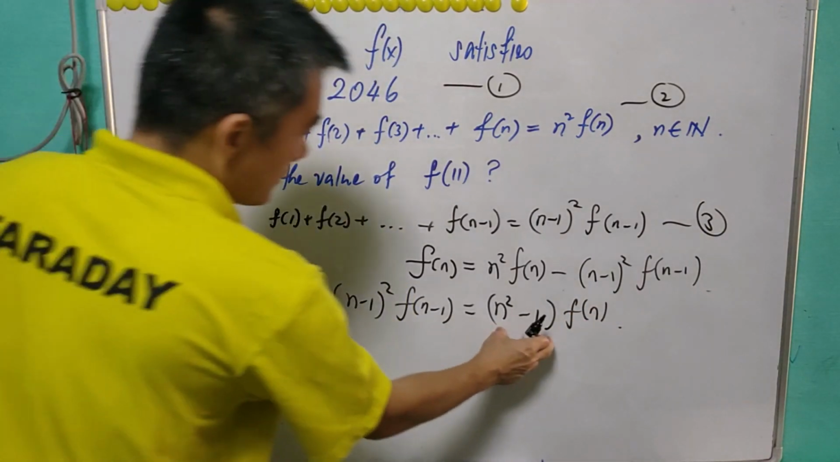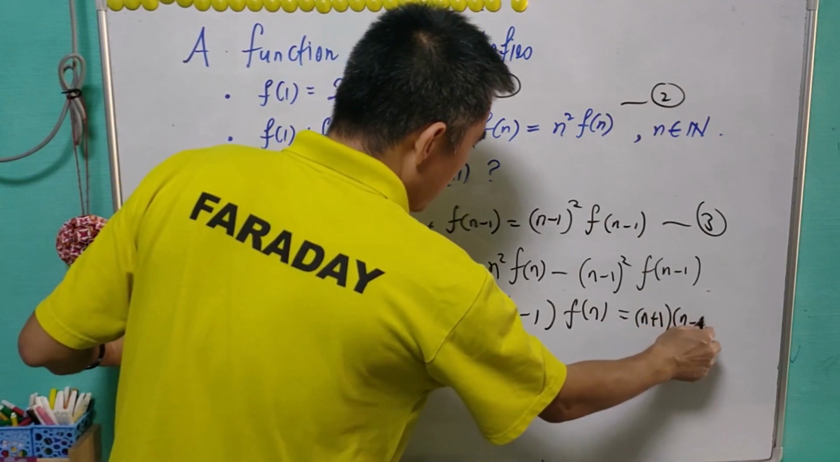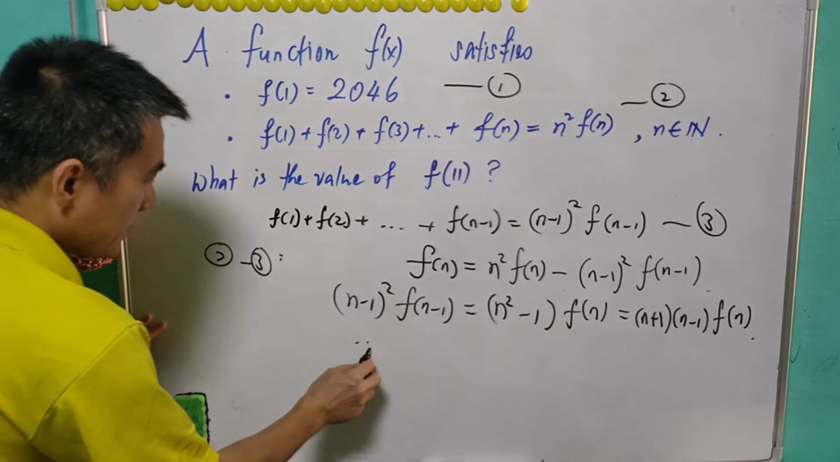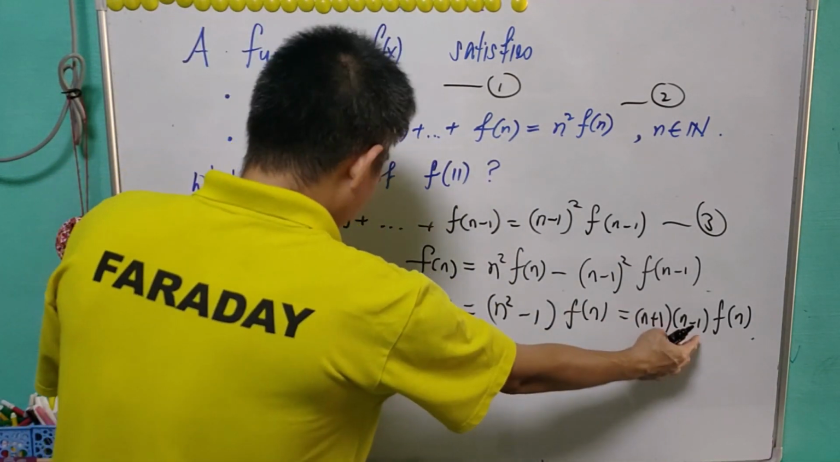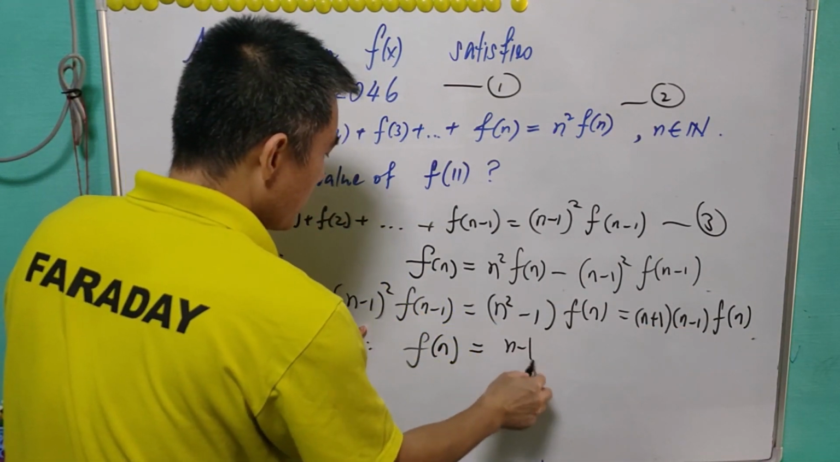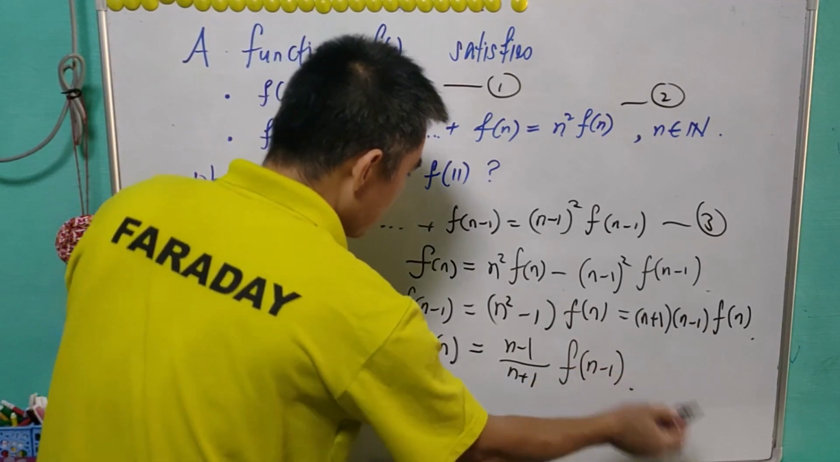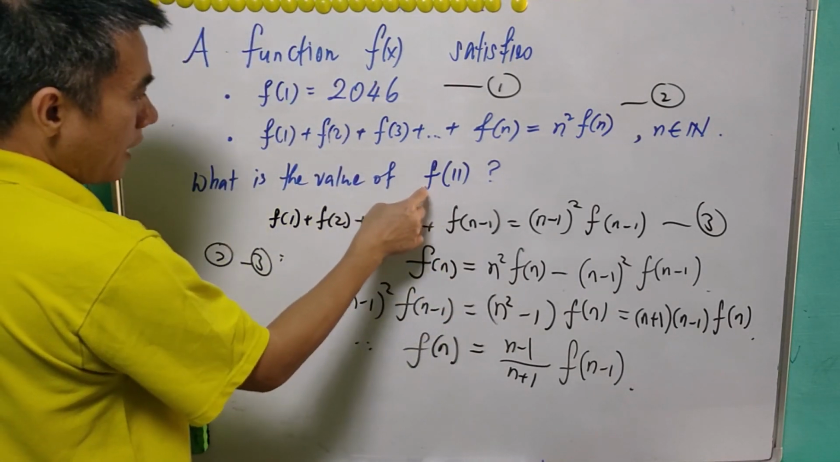Now notice that this can be written as (n plus 1)(n minus 1) f(n). So this means that f(n) will equal, after canceling the factor n minus 1, (n minus 1) over (n plus 1) times f(n minus 1). With this, we can see that in order to get f(11),